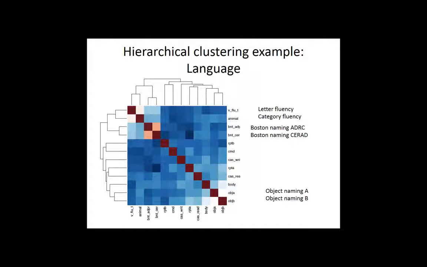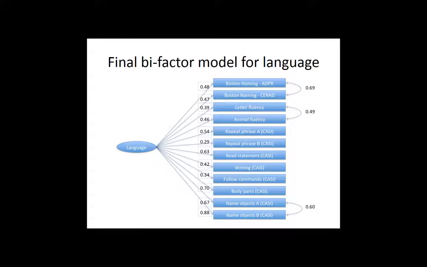This third pair, recall of objects A and B, or the naming of two sets of objects within the CASI, I think is what this is from ACT, were highly related. So we had some hints there of things that might be clustering together. We then used what's called a bifactor model that incorporated loadings for all of these items. So we have granular level data from each of these items loading on a common factor, here we're calling language